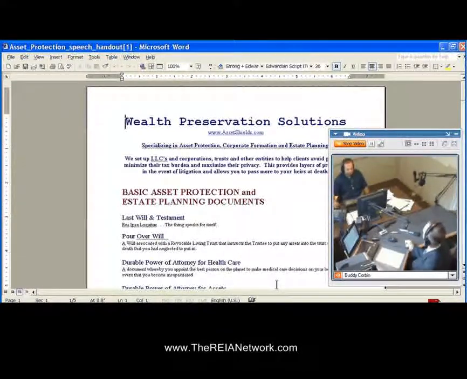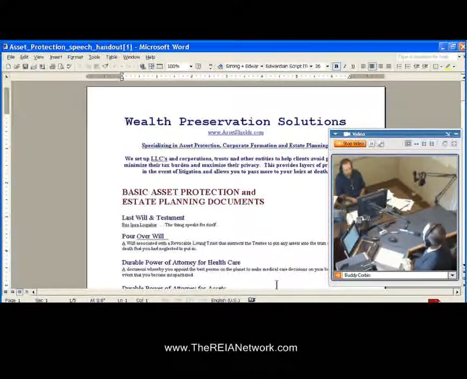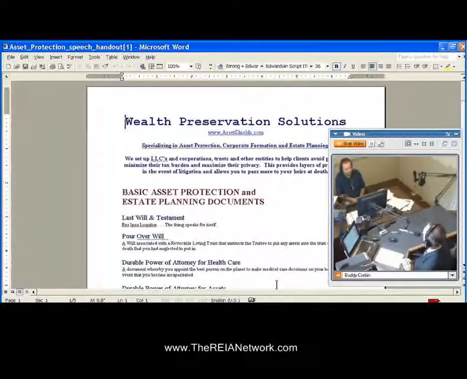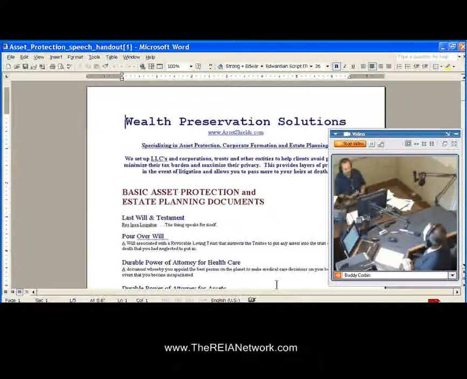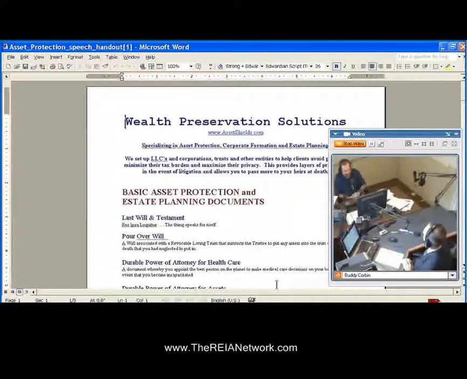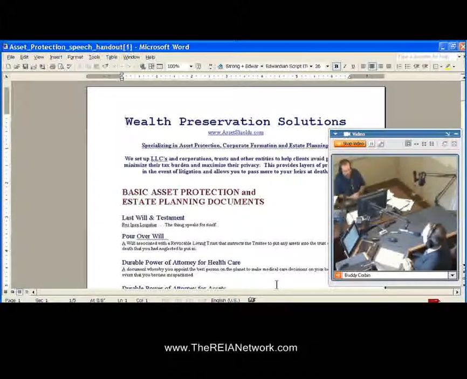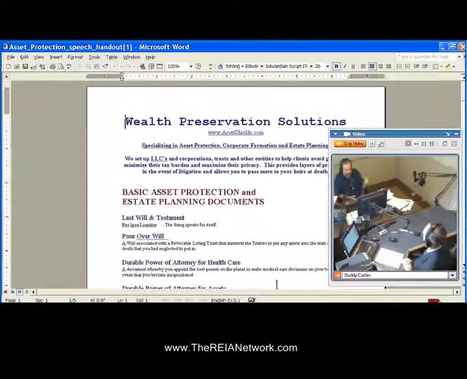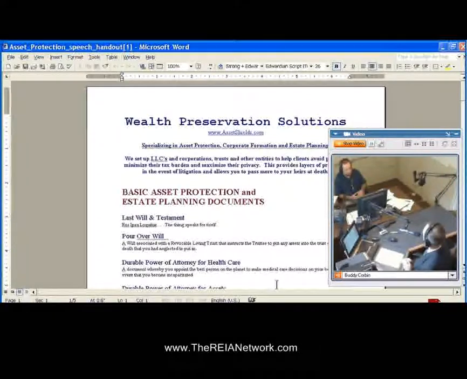Excellent. We're going to be talking today about Asset Protection 101. We're happy to have Doug do a monthly class for us. This month we're going to be talking about the basics of asset protection, about getting started and understanding it. The purpose of this class is to start with the very basics, and this is something Doug does day in and day out. If you need more information about Doug, we've got a link on the homepage or on Doug's page to the radio programs he's done for us. Doug's going to teach us about the very basics of doing asset protection, and we're going to start with some entities, right, Doug?